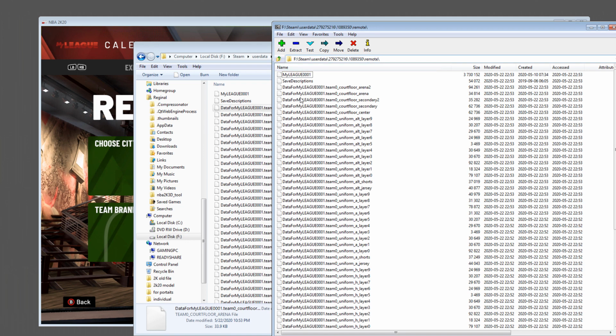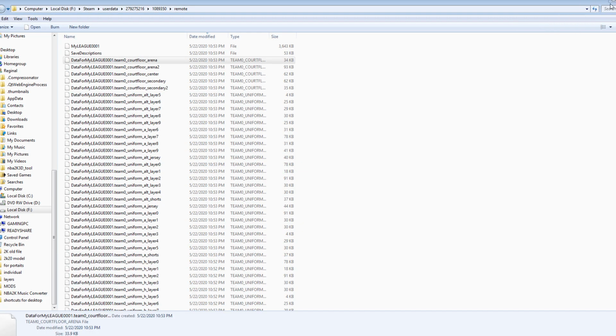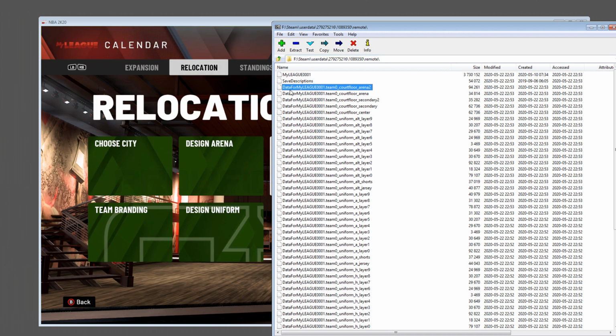Press enter, which I was already there anyway. As you can see, we don't need Windows Explorer anymore, so I'm going to minimize that. In 7-zip, if we double click these things that say data for my league, we can actually go in and view the textures. So this one is for the court,